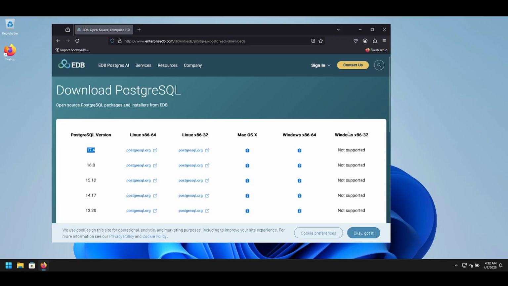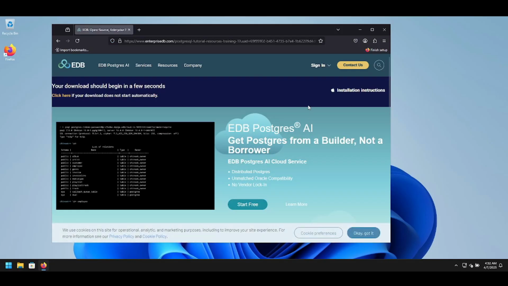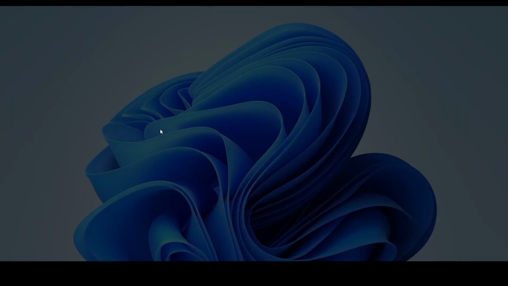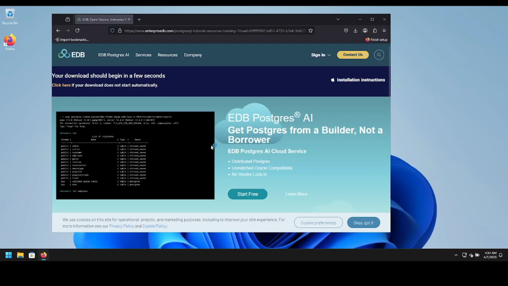Notice that we didn't have 32-bit system support. I don't know if there is any workaround that lets you use it on a 32-bit machine, but I hope you have a 64-bit machine, and click on this little icon here for the download to be started. You can open it, click yes,